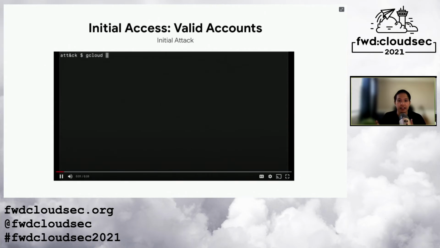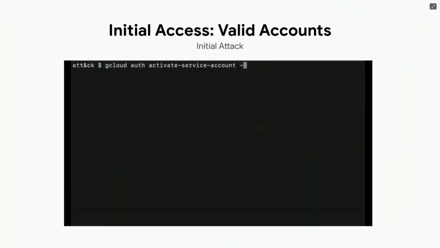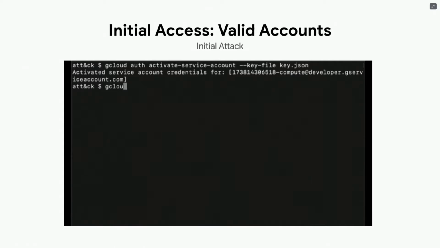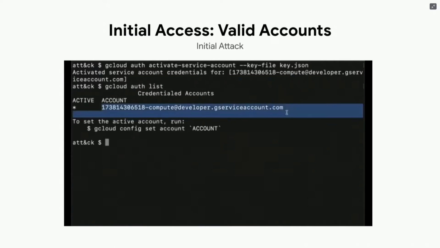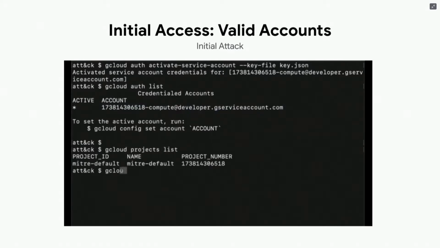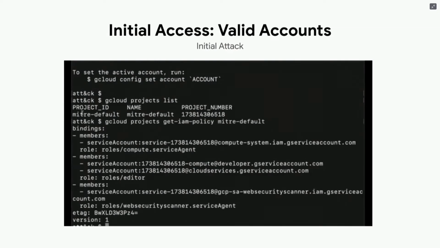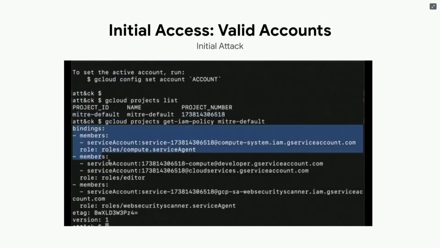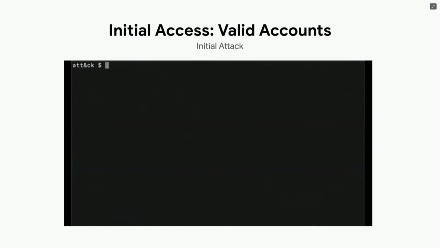First, the attacker here authenticates as the service account using the gcloud auth activate service account command. The attacker then verifies the name of the service account and then determines what projects the account has access to, for example, MITRE default. Lastly, the attacker here queries the project's IAM policy and determines who has access to which